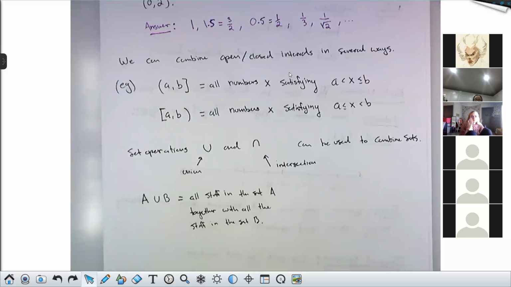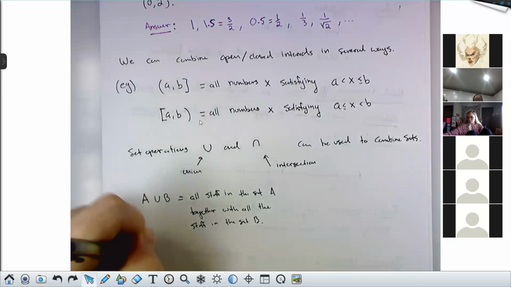So basically you're taking those two boxes and you're throwing all the stuff from both of those boxes into one box. That's what the union operation does. And you can perform that operation on intervals. You can union two intervals together. And that means you're just talking about all of the things from that first interval together with all of the things in that second interval.